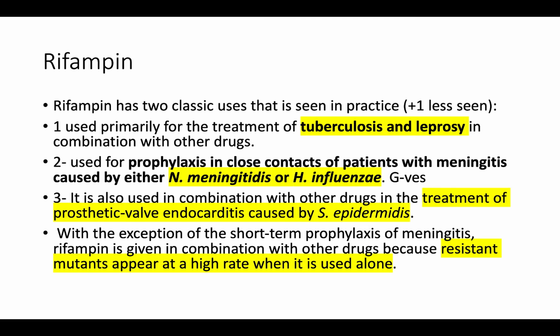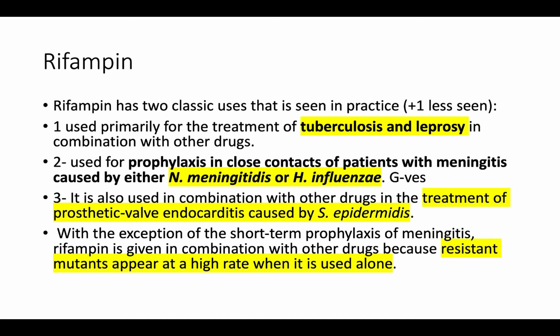You see this a lot if you watch programs like House MD or whatever, people like this drama, where a patient presents to the ER with signs of meningitis, and it turns out they have meningitis, and then they freak out and need prophylactic treatment, they close the ER and do all these things. So this is actually more or less true. We have to contact trace this patient and their family and the doctors who were close to them as well, and we give them a prophylactic dose of